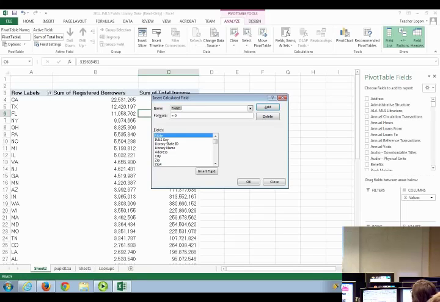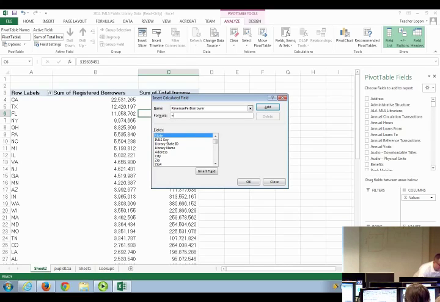We have to give it a name. So overwrite Field1, call it whatever you want. I'm going to call mine revenue per borrower. And then I press tab, it gets me out of the field. I would avoid enter because of defaults and all that stuff. And then in the formula bar, which is very similar to the formula bar at the top of Excel, we're going to overwrite that 0